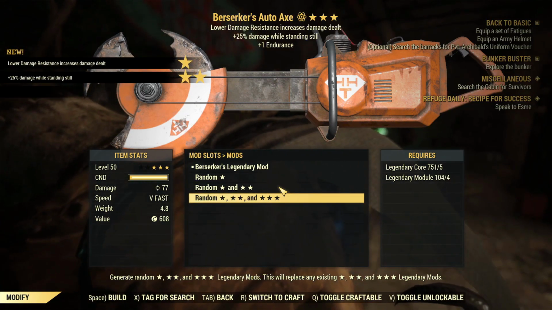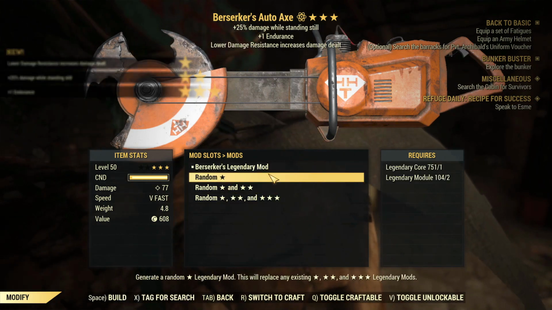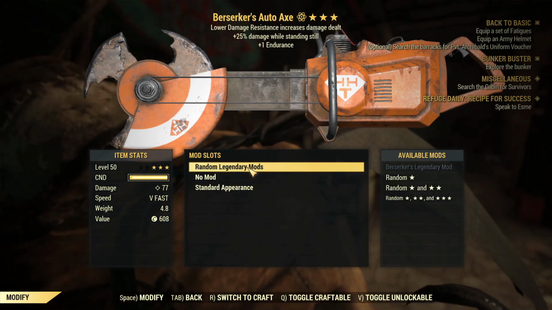Berserker's auto axe, damage while standing still, 1 endurance. Why, game? Why? It's actually a decent roll. It's not a bad roll. It's just Berserker's is just...